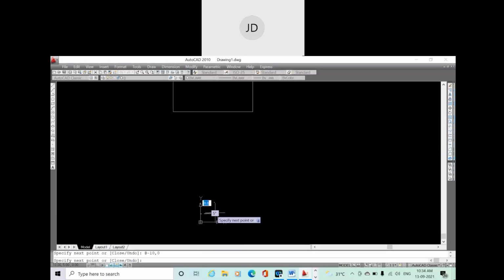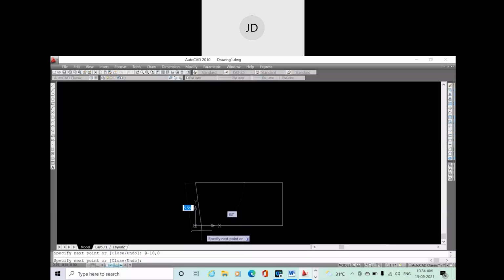Now after reaching point D, you have to join point D with point A. That means you have to move from point D to point A. In this scenario, you are moving in the negative y direction, the downward direction. That means it will be negative y, and in this case x is 0. So what will be the coordinate of point A with respect to point D? Just type @